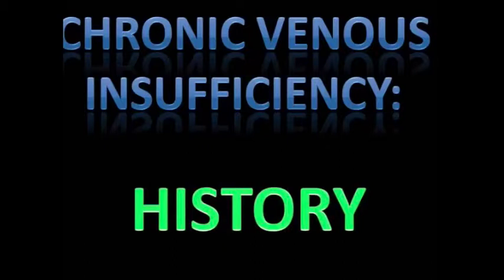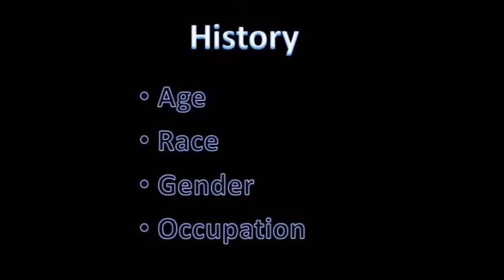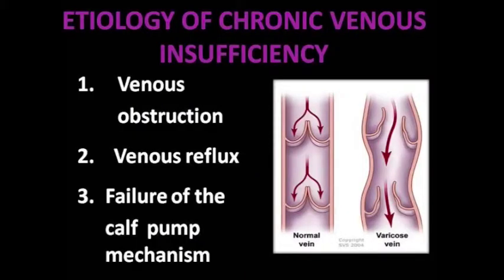In chronic venous insufficiency, as with everything else in medicine, we begin with the history. When we come to the history, it is important to get an overall view of your patient, including age, race, gender, where the patient comes from, and social history. But during this presentation, we are going to be focusing only on the history that is specific to chronic venous insufficiency. If we look at the etiology of chronic venous insufficiency, we look at venous obstruction, venous reflux, failure of